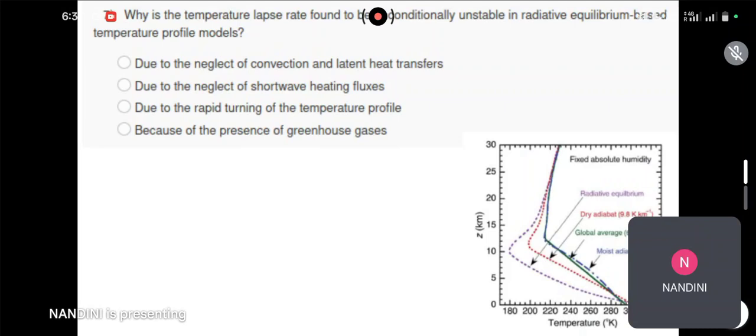Why is the temperature lapse rate found to be unconditionally unstable in a radiative equilibrium based temperature profile? So we know different lapse rates, like environmental lapse rate, adiabatic lapse rate, etc. And we have discussed different stability and instability conditions. Unconditionally unstable means it makes the atmosphere always unstable, which means